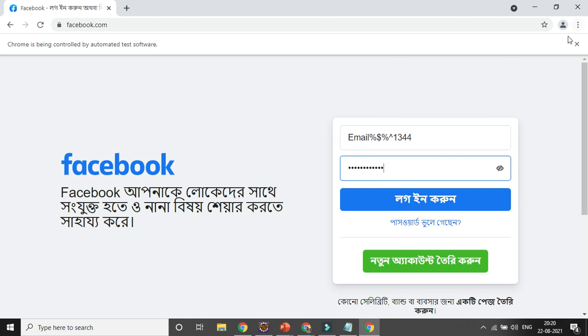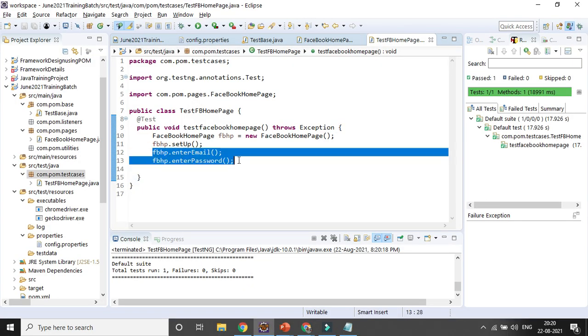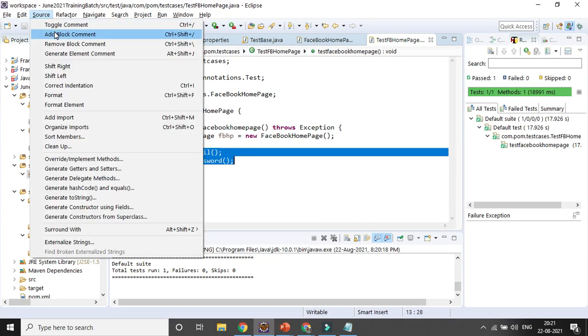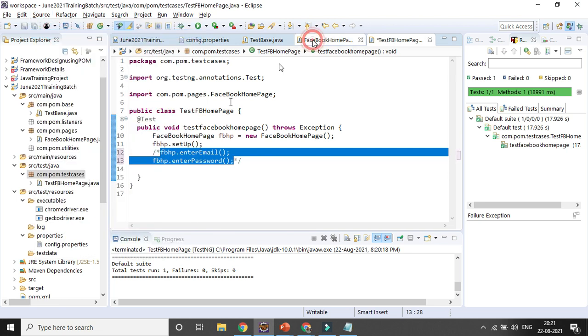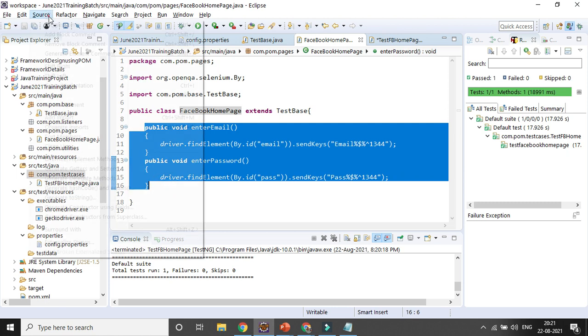So that's why you can just try to set up your basic project. After that, a lot of things, the customization part, anything can be done. Okay. So that's how you can do it. Now let's try to comment out this part and also try to comment out this part. Okay. Now I'll go with the concept of page object model, right?